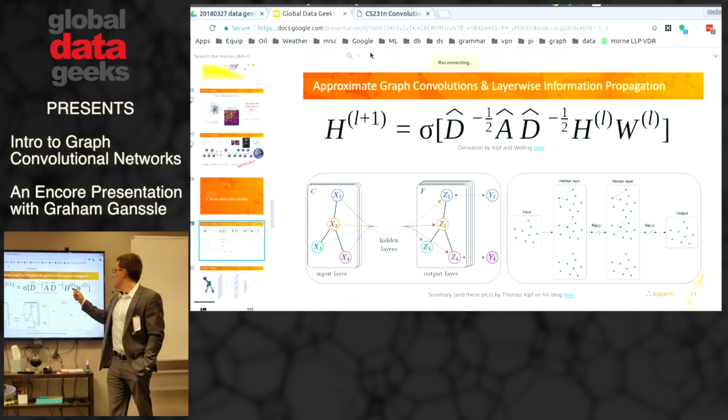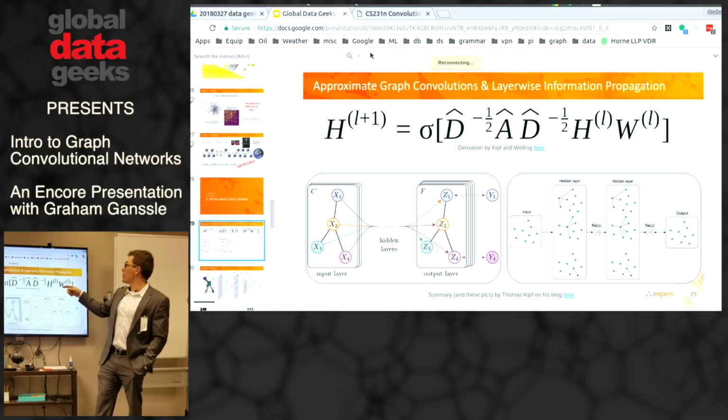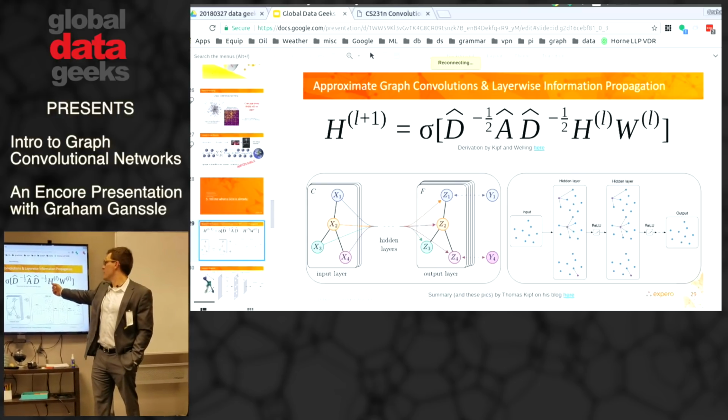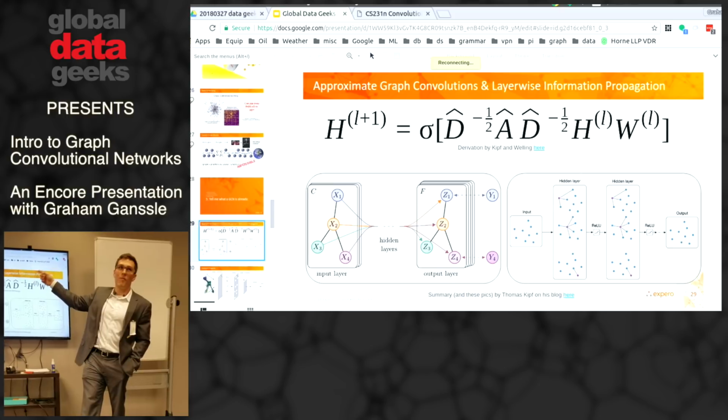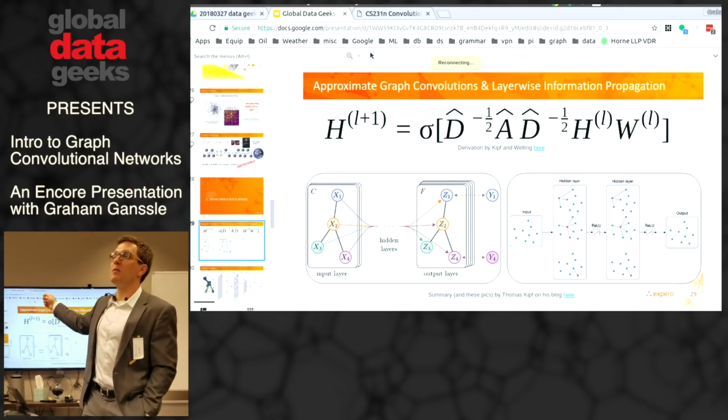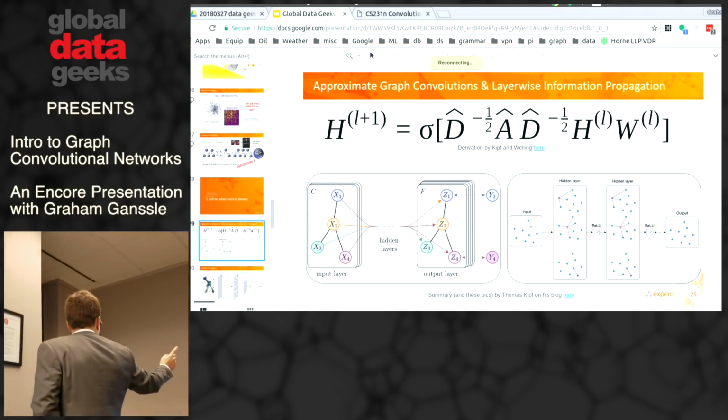But that's it. So every time you go to another layer, you propagate all the information through this equation. I'm hoping I get a question about that when we get to questions. Okay, so